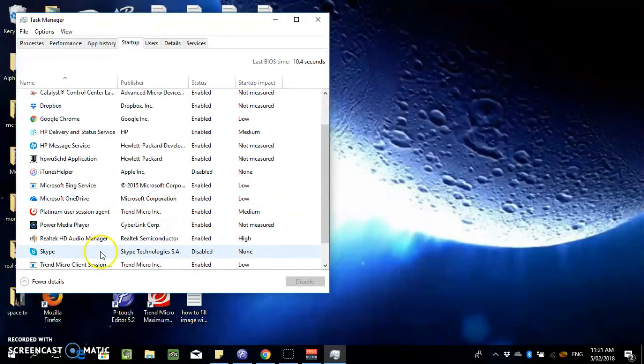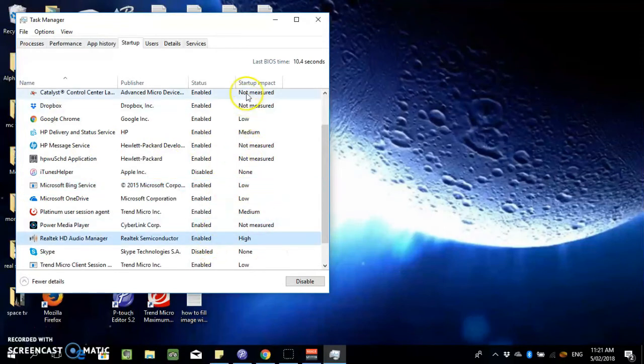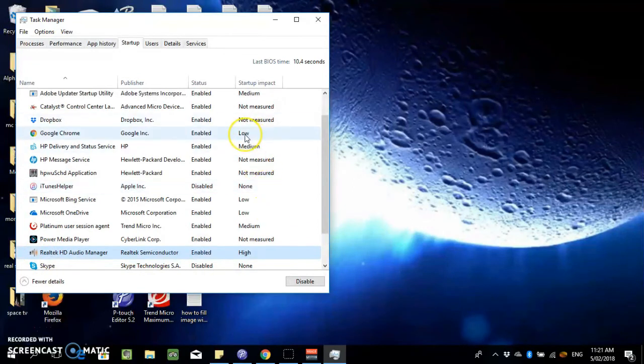For example Skype, you just want to right click on it. Mine's already enabled, but it will say enable, so if it's enabled you want to click disable, and just go through and decide what you need and what you don't. Another thing is, this says startup impact, what kind of impact it has on your computer. Obviously it says none if it's disabled, but some say high. You probably want to leave that on though, because it's your speakers, I think. Google is low,